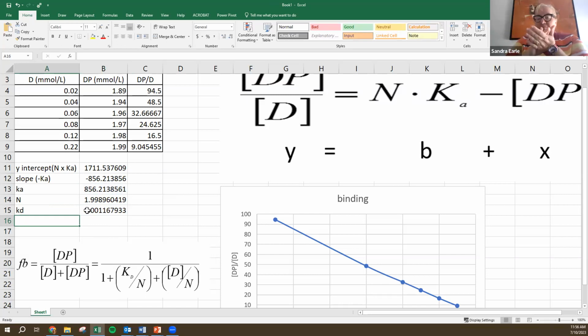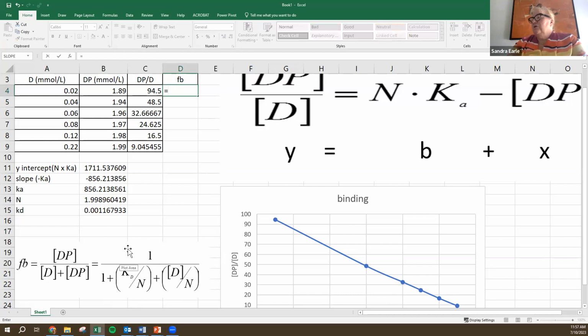The smaller that number, the larger the attraction between the two. So that makes sense that that would be relatively small when this is a large number. So now we have to put in this equation, so we'll know the fraction bound at any given free concentration. So what we need to do here is we want to have our fraction bound here, which is going to be a fraction, so there's no units on that, is going to be equal to,